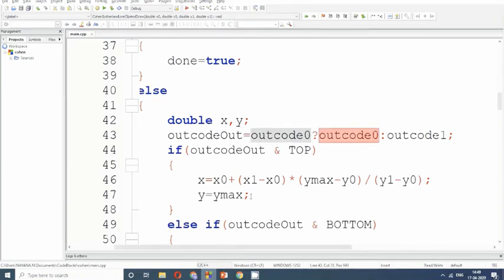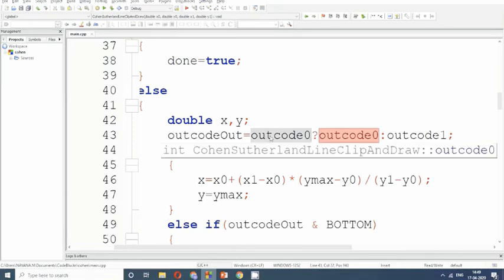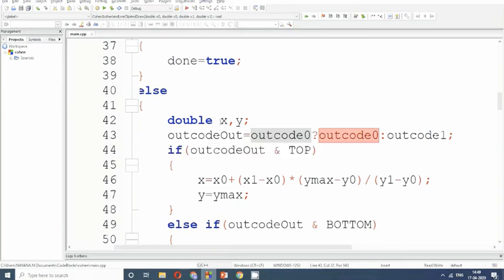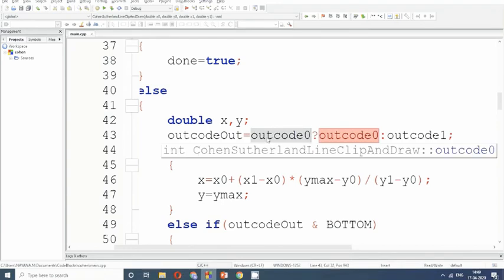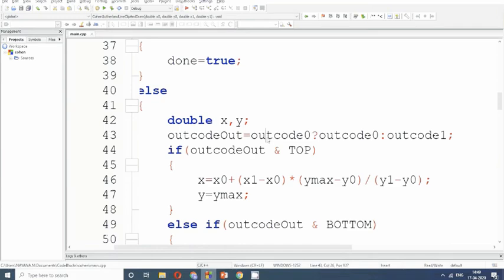Now, if this condition is false, meaning, when will this outcode be 0? It will be 0 when the point x0, y0 is inside. If not, it will be in some other region, so it will be true, some integer number apart from 0. That's why initially the outcode for the endpoint x0, y0 will be considered true.